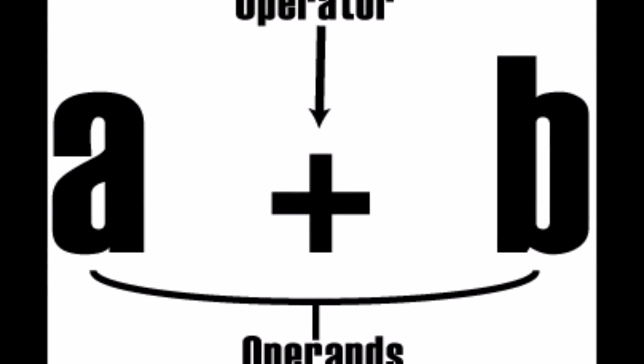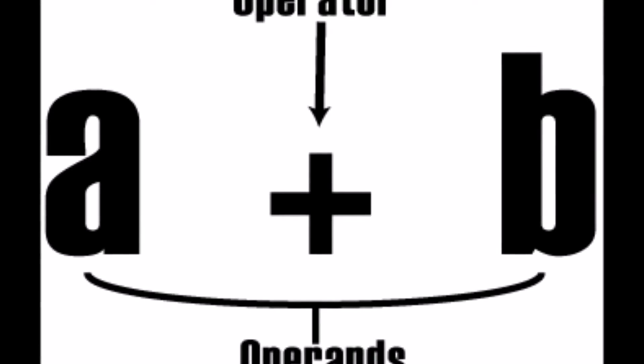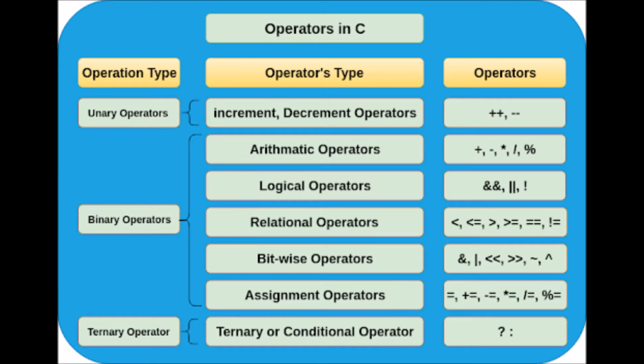is an operator. As we have understood what is an operator and an operand, now let us understand the different types of operators in C. In C, there are three types of operators based on number of operands. They are unary operator, the second one is binary operator, and the third one is ternary operator. Unary operator means it is having only one operand to be operated on. Binary operator means it is a type of operator that operates on two operands. And the third one is ternary operator. It means it operates on more than two operands.